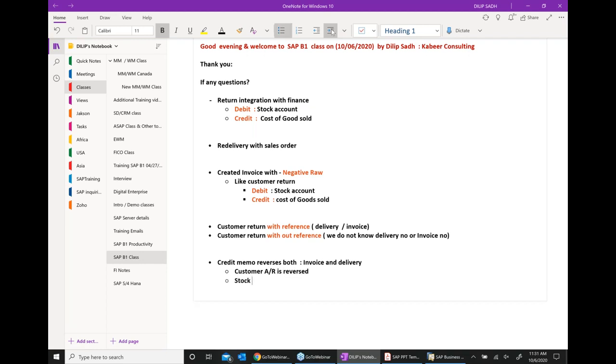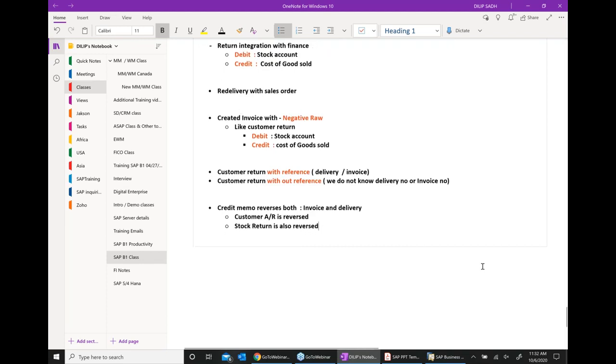Stock return is also reversed. Okay, make a note of this. How does it happen? We're going to see. Make a note of this. We're going to do this exercise as well.